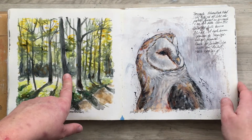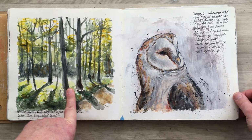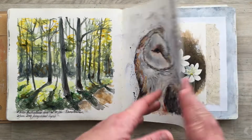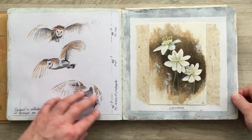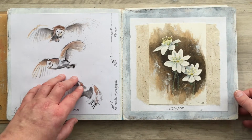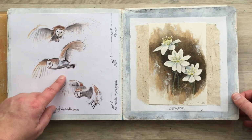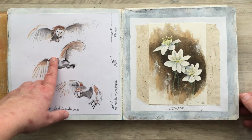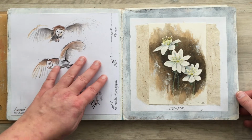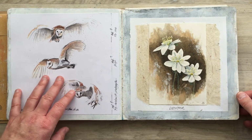Here are again also a direct watercolor challenge that I did back in 2018. A barn owl. Then we have some sketches of a barn owl I did because I was unsure of how I wanted the background to be, so that is why I painted my barn owls on a separate paper so that I could cut them out and then play around on different backgrounds to see where they succeeded or where